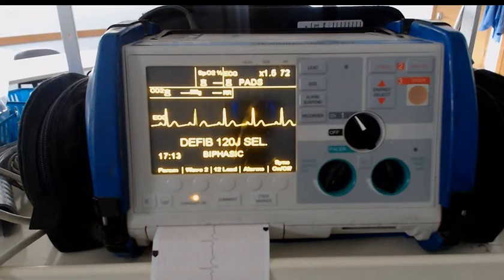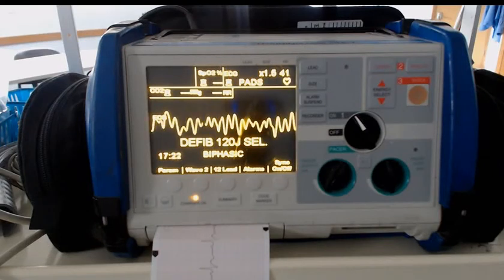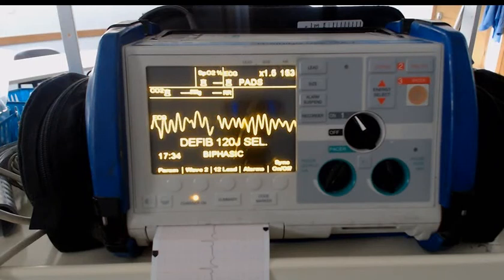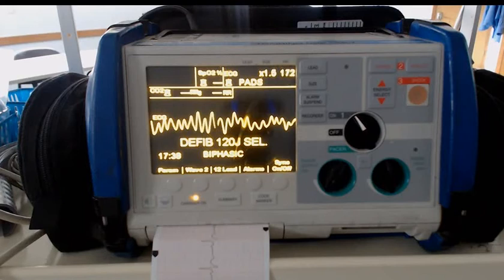Now, earlier in the presentation, I mentioned that there are two shockable rhythms. The first of those rhythms is called ventricular fibrillation, or V-Fib. When a patient is in V-Fib, their entire heart is quivering and there's complete disorganized electrical activity. And that's exactly what you see on the screen, disorganized electrical activity. Somebody in V-Fib is not going to have a pulse and they're not going to be conscious,